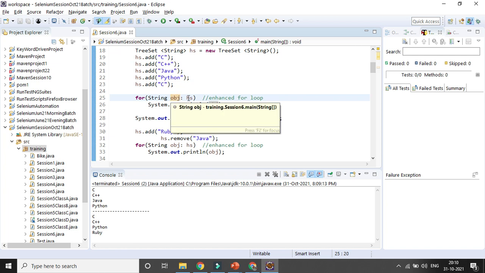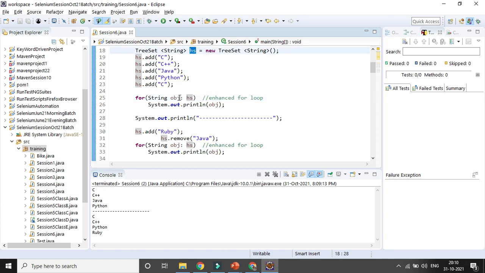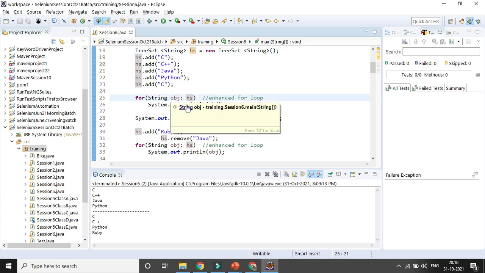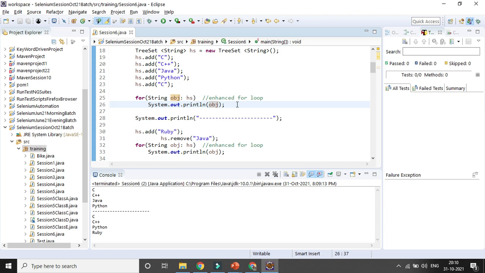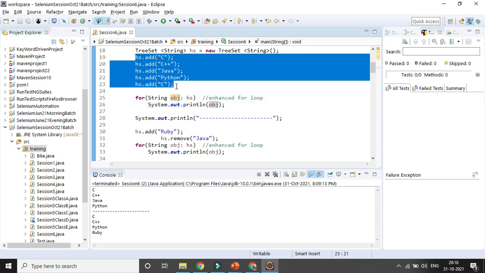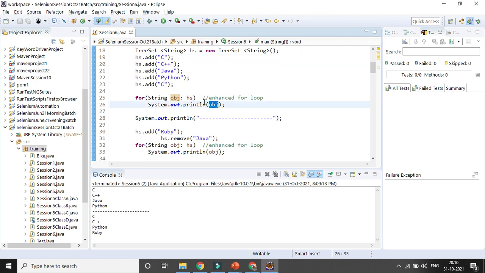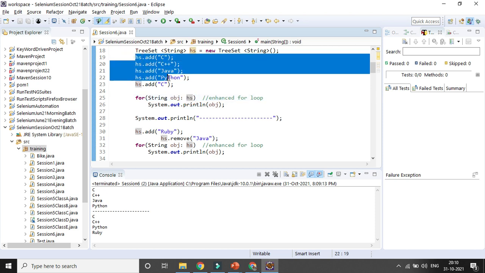Until when will it run this for loop? Whatever values you already added, there is no need to give any size. It will take the reference of the old variable, the one with which you added the value, removed the value, or updated the value. What about dynamic size?